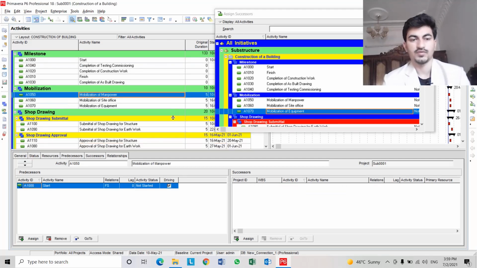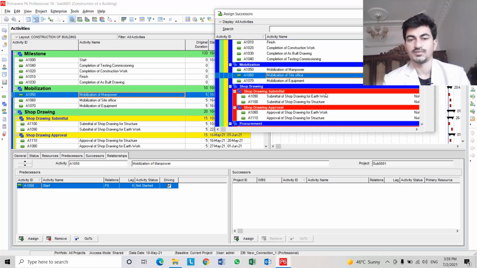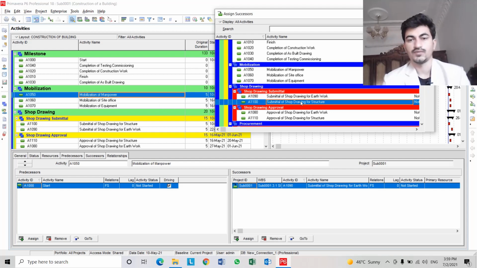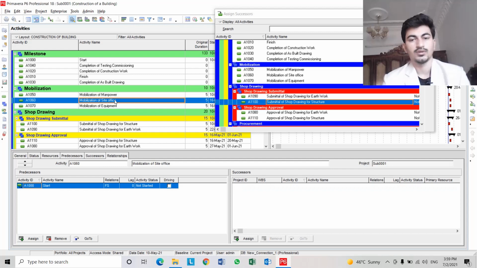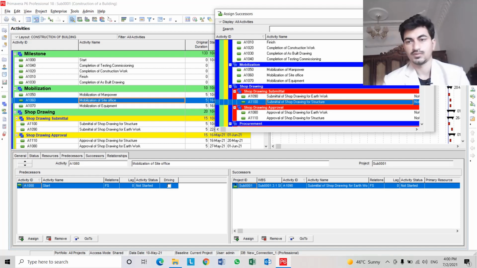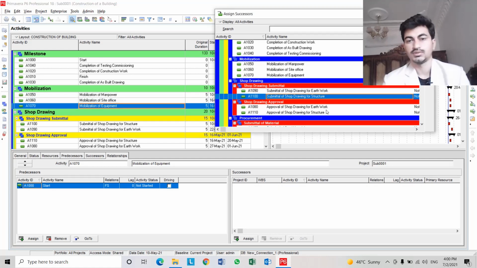After mobilization of manpower, we will start submittal of shop drawings for earthwork. Submittal of shop drawings for structure. Mobilization of site office. After mobilization of site office, we will start to prepare shop drawings. Mobilization of equipment. This will be linked